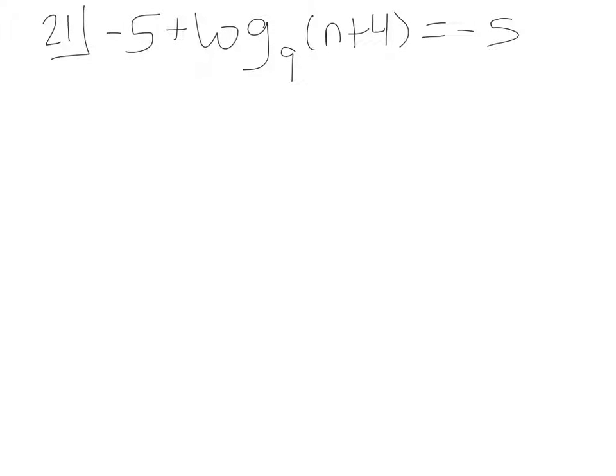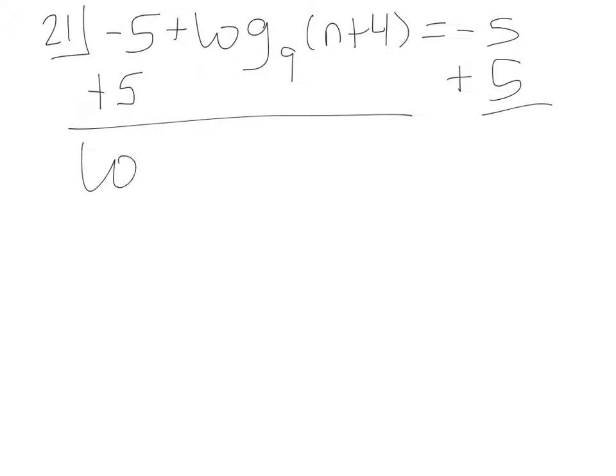So we've got negative 5 plus log base 9 of n plus 4 equals negative 5. All right, so our biggest difference here is that we obviously don't have two matching logs on either side to cancel, okay? So whenever we've got just one log, this is our second type, it's just one log instead of two, then what we're going to do is we need to isolate the log. So on this one, I'm going to go ahead and add 5 on both sides, and I end up with